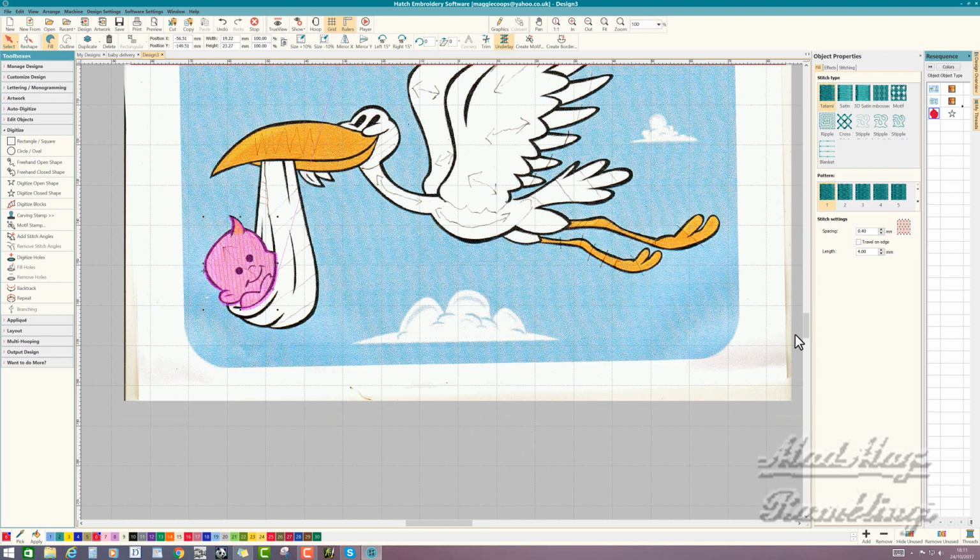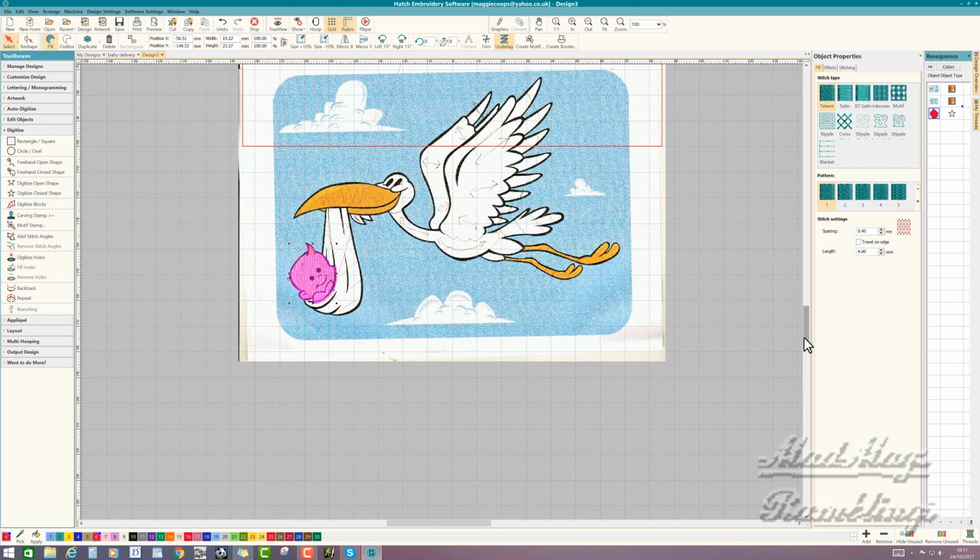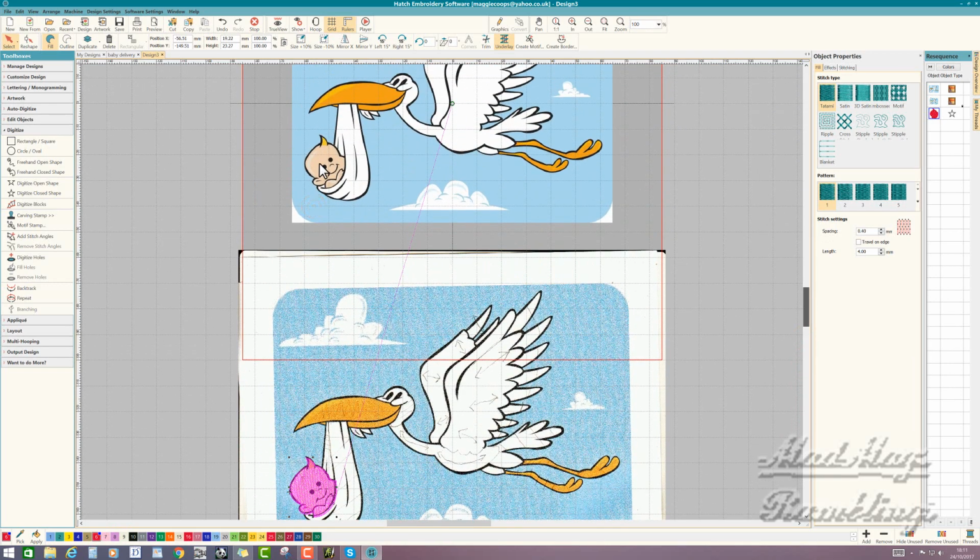And I'm going to diminish my screen a bit using my center scroll wheel. Move that up here. And then I do love these control handles. I just move that up a touch. Okay, now while the baby is highlighted,